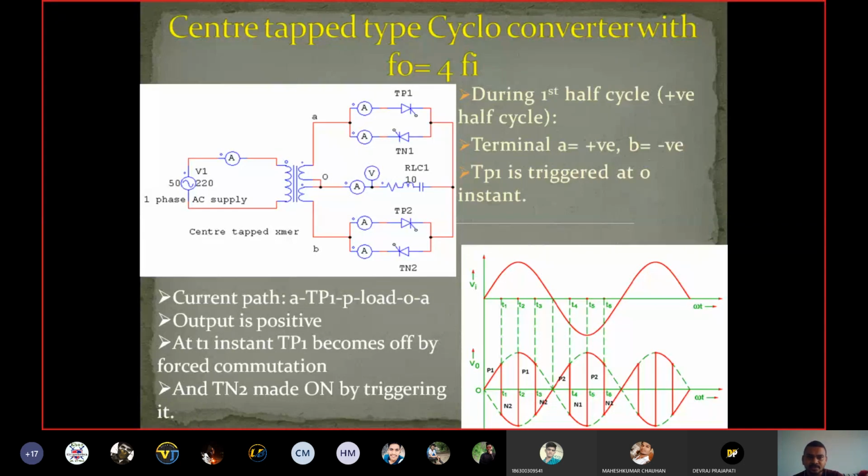Okay, so we are getting the output, that is when P1 is triggered, at that time up to T1 time duration. Okay, so 0 to T1 time duration, the TP1 thyristor remains on. Okay, and in this direction the current is flowing, and here the output is positive. Now at this T1 instant,